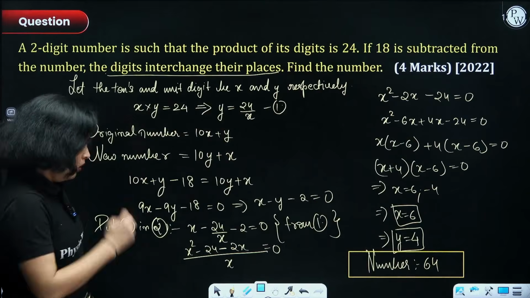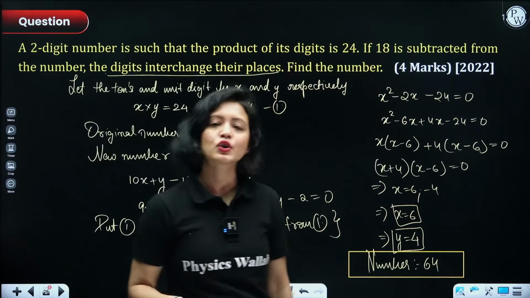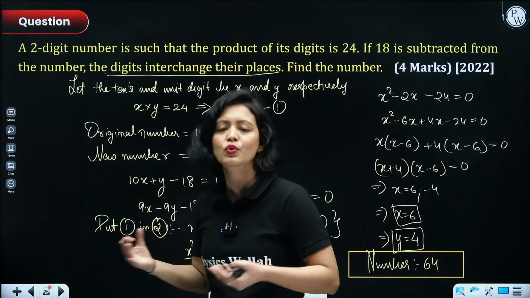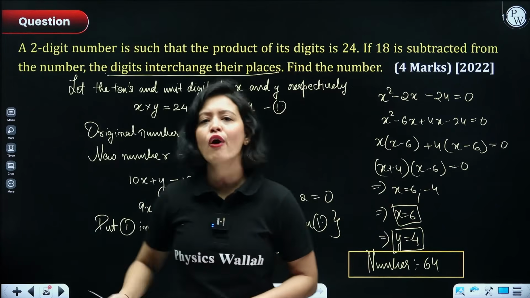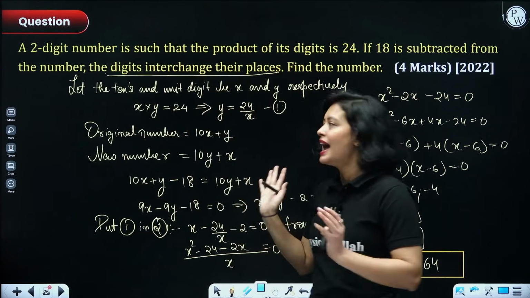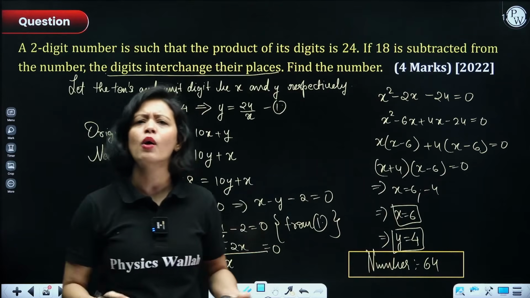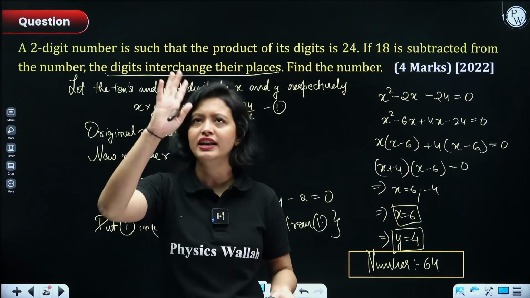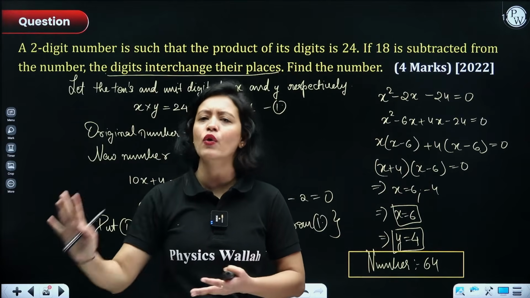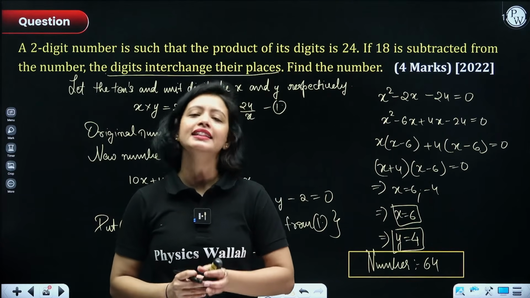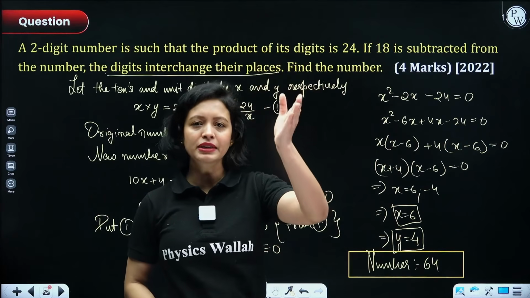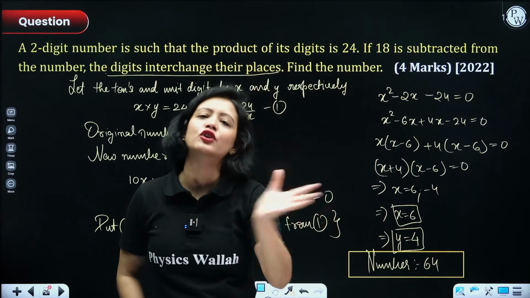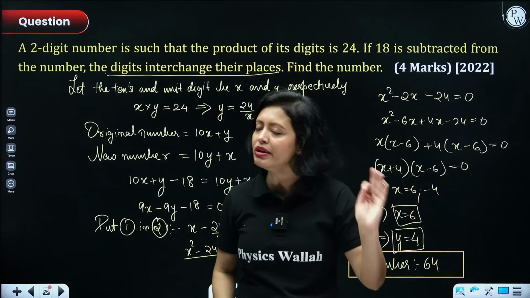Okay? What did we learn here, everyone? We learned that you don't have to make things complicated. If you have two unknown quantities, take the two unknown quantities as x and y and form the equations according to the statement that is given, and then determine whether you can do the problem using pair of linear equations or quadratic, okay? By seeing both the equations. If you get that even one equation is non-linear, matlab quadratic, this problem will be solved, okay? Then what you will do? You will figure out the value of one variable from one equation and just put it in the second equation. So you will get a quadratic equation. It's as simple as that. Okay? Never make things complicated.